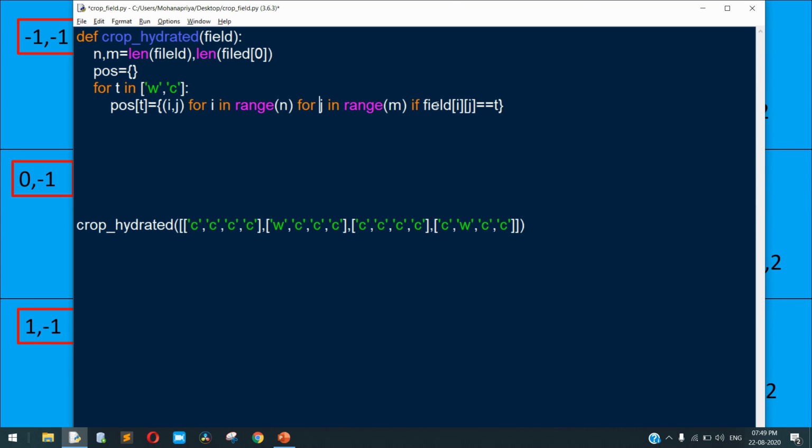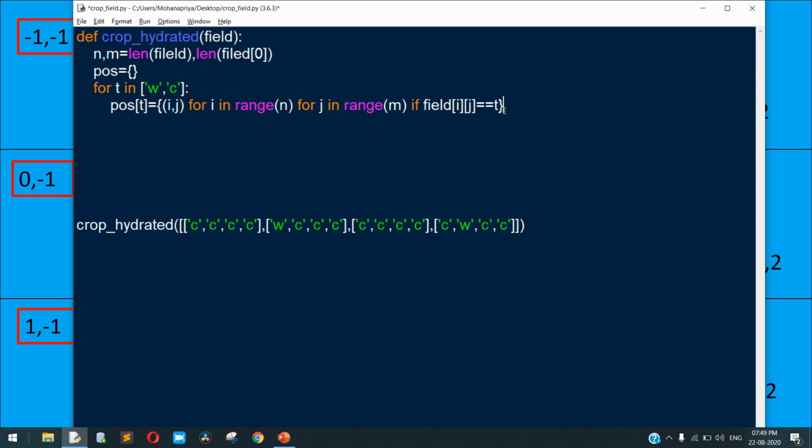Okay, so if the field contains the value t, that is t is a w for the first state. So if the w is present in this matrix, then the position of it from the rows is assigned to the keys of w. And the second time, if the t value is changed to the c, then the position of the c present in the matrix is assigned to the key c.